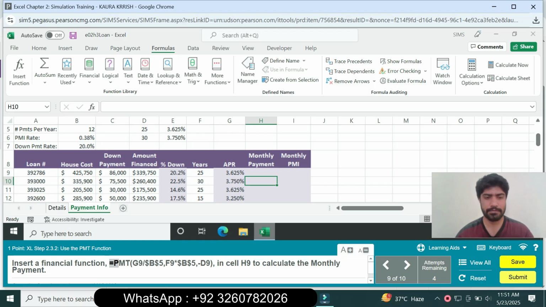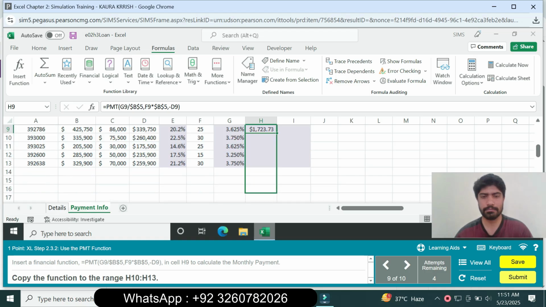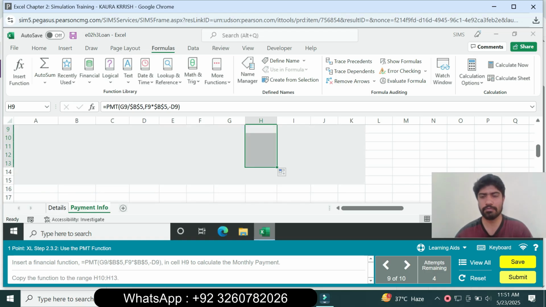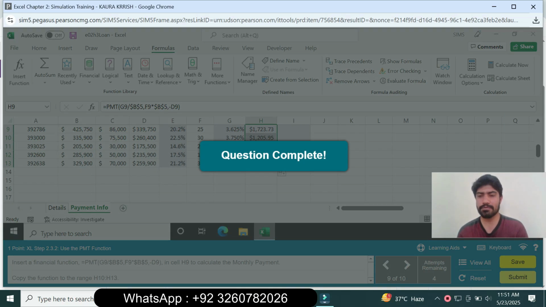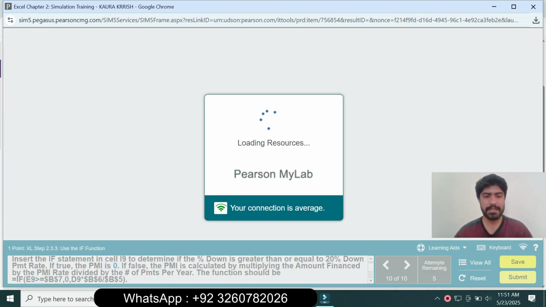Sorry, copy the formula and paste the formula in cell H9, press enter. Next is: copy the function to the range H10 to H13. Copy the formula. So question number 9 is complete. We move to question number 10. So question number 10 is: